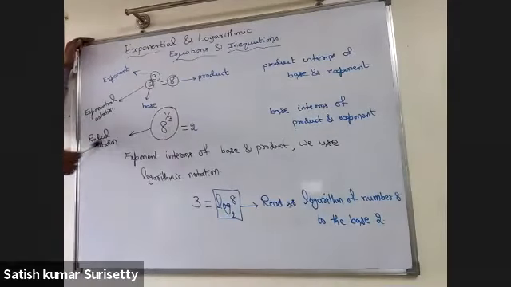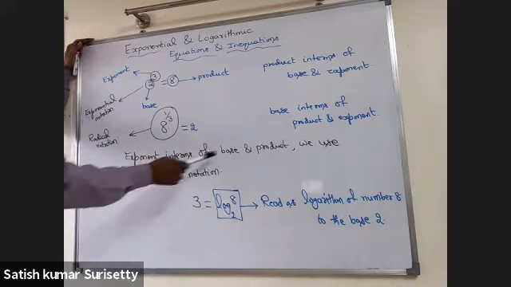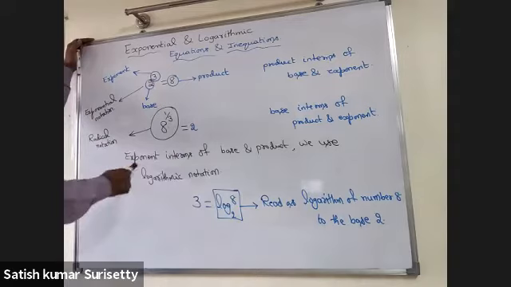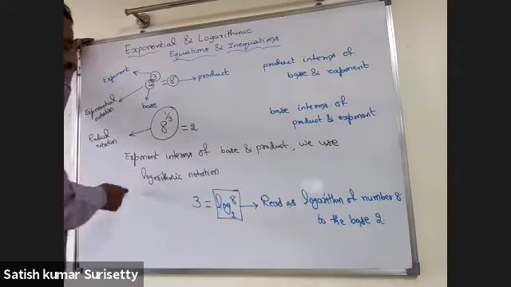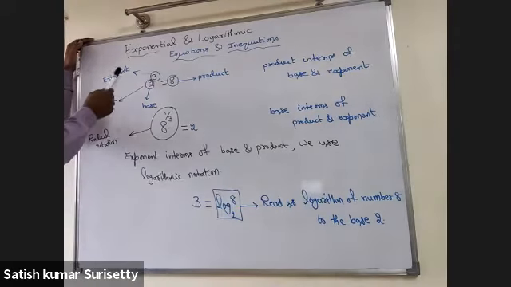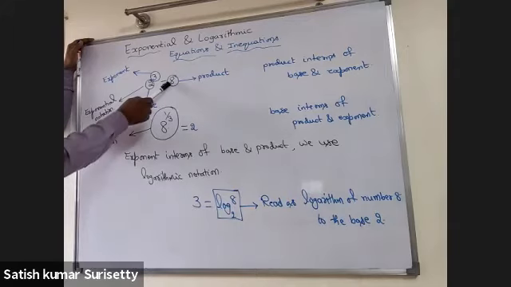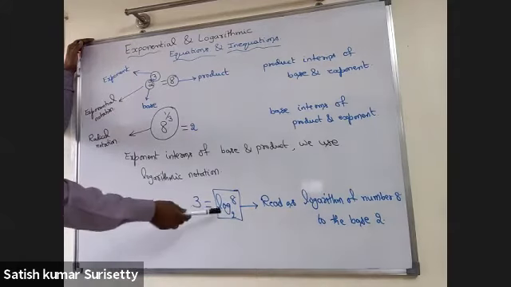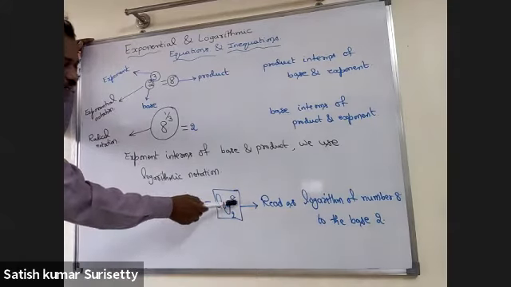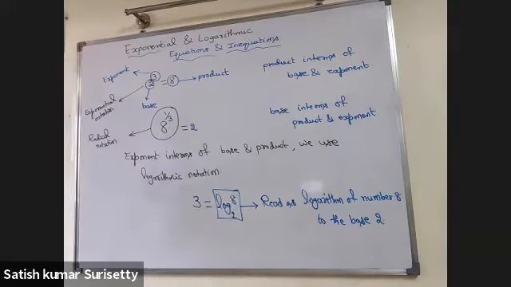This notation is called radical notation. That means out of three numbers, we are expressing one in terms of the other. One more form is left out, which is exponent in terms of base and product. For this, we use logarithmic notation. That is, we write the exponent, that is 3, equals log 8 base 2. And we read it as logarithm of the number 8 to the base 2.